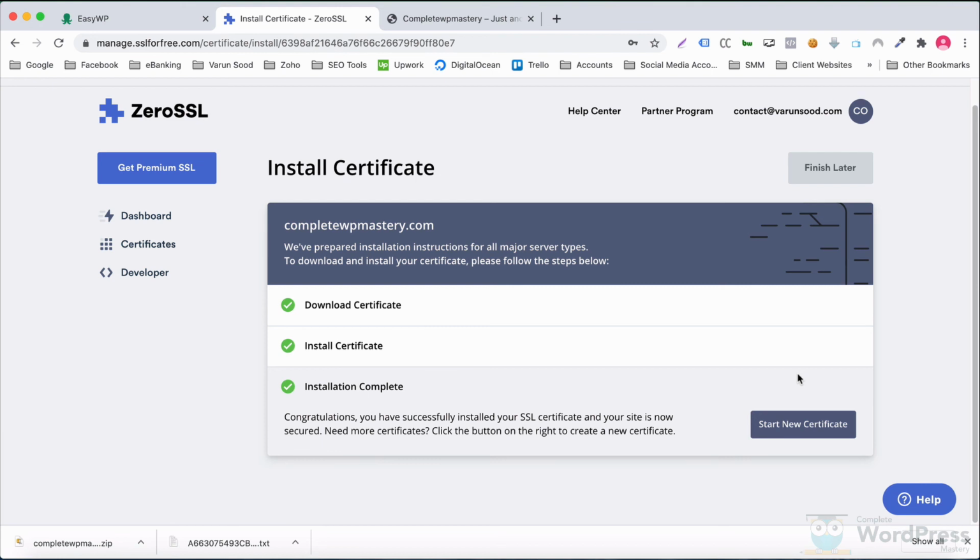This is the reason that you can use the same credentials that you use for account creation on SSLforfree.com to log into your account on ZeroSSL.com. So the SSL certificate was issued by ZeroSSL and everything was done by them behind the scenes. SSLforfree.com was just a mediator and they would have got a commission if we had signed up for a paid plan. I hope the difference is clear. It is up to you if you want to deal directly with ZeroSSL or through one of their partners. I normally use ZeroSSL.com directly.